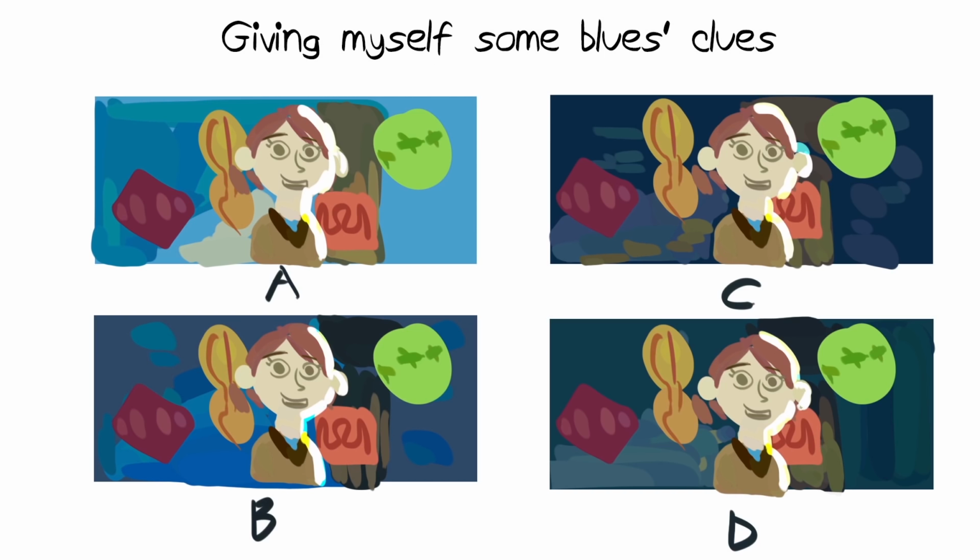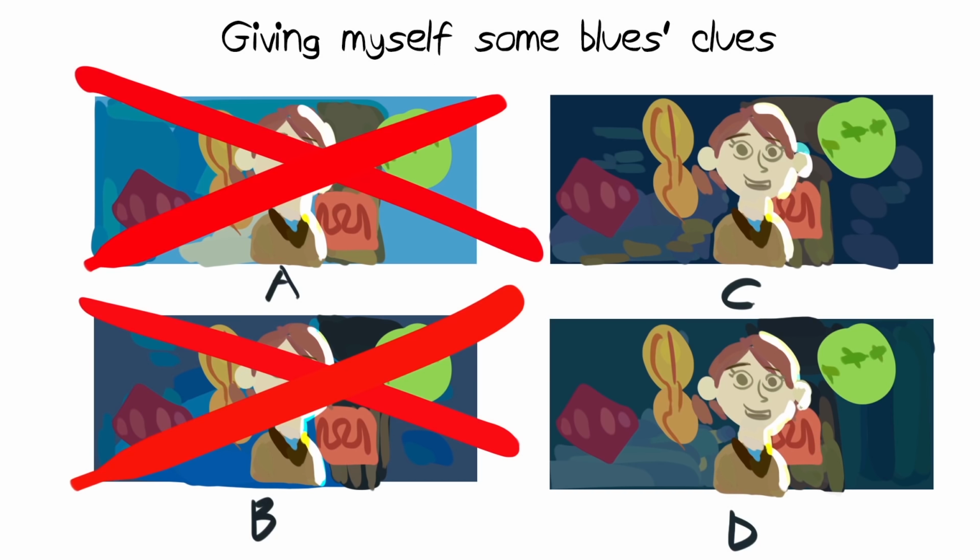Some are bright blues, some are dark blues, some are too saturated, and some are a bit more subtle. Anything vibrant, bright, or saturated might stand out too much and distract from the girl, so A and B are out of the question. I'm not a fan that C feels a bit more purple, so I'm going to go with D. I kind of like that subtle teal in D, and it complements well with the girl. So there you have it, I'm going to go with something that's close to D.